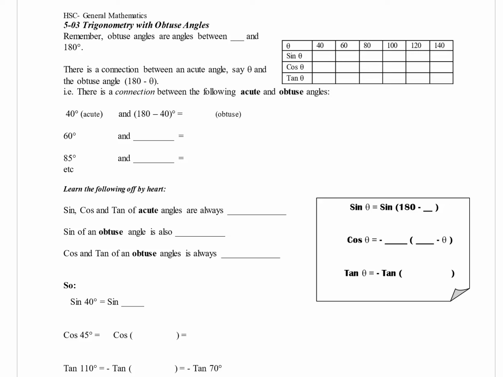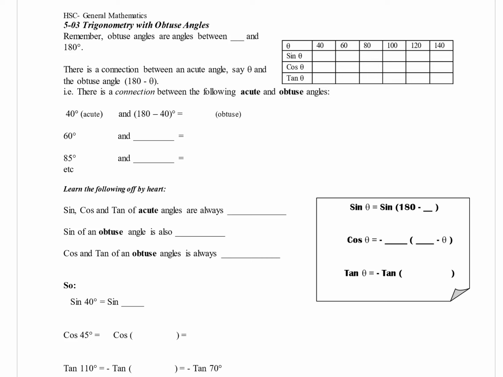This exercise talks about sine, cos and tan of obtuse angles. It really is an introduction to the sine rule. It's really with sine that we have an issue with obtuse angles. Now, and so we've got to get